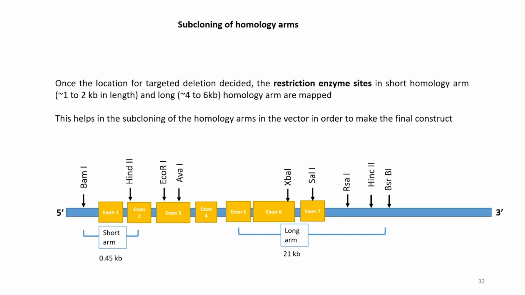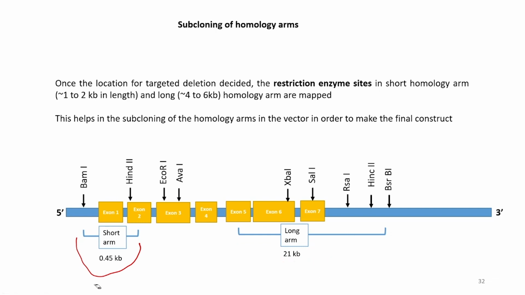This helps in the subcloning of the homology arms in the vector in order to make the final construct. So, here this is the short homology arm, around half a kb in length, and then this is the long arm around